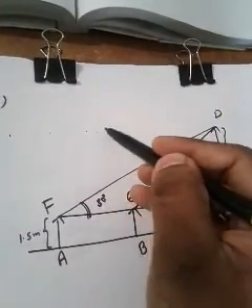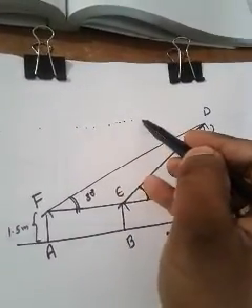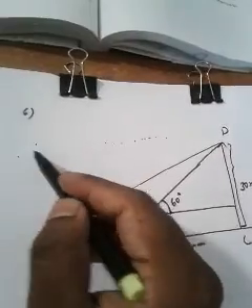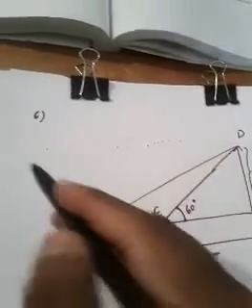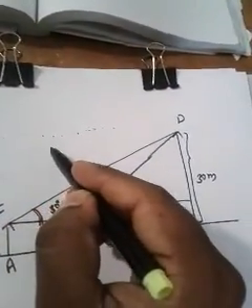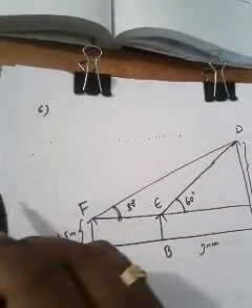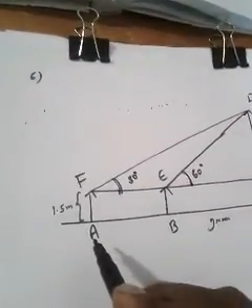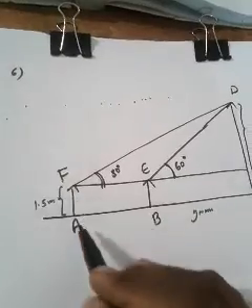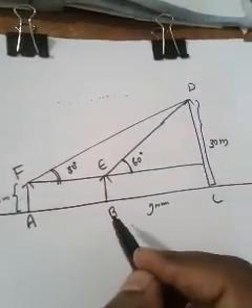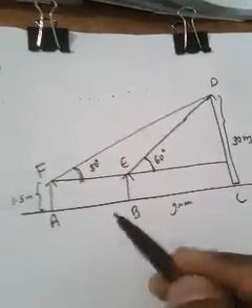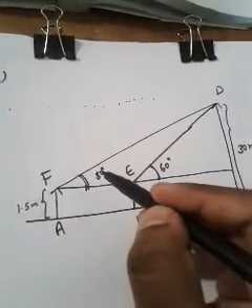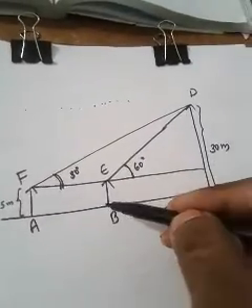AF represents the height of the observer, that is given as 1.5 meter. And CD represents the height of the building, that is given as 30 meter. Suppose at first the observer is at A, after some time he is at B. So from A the angle of elevation is found to be 30 degree and from B the angle of elevation